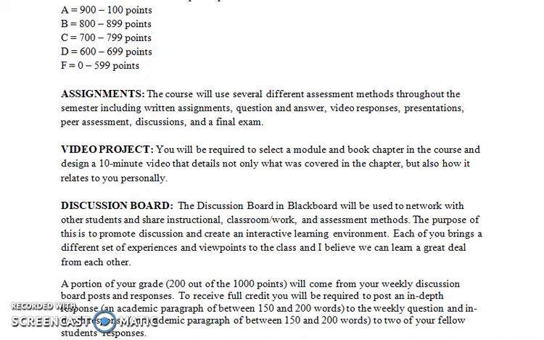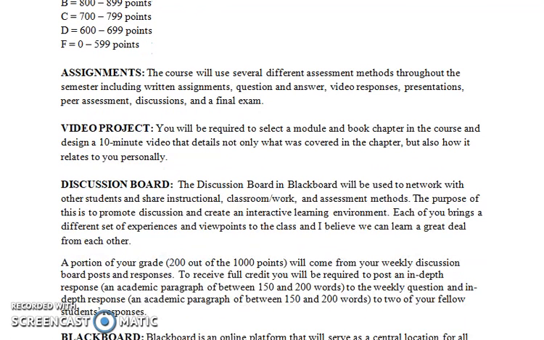We do have the discussion board, and we will use that in Blackboard. I think it's a good way to communicate and a good way to share ideas. Now, with the discussion board, I think it's effective when we share ideas, and they need to be in-depth responses. That's where I look at a 150 to 200 word response for your initial post and your responses. That way you actually put some thought into it and really think about what you are writing about, and you get to apply your knowledge. That's a key component for me, is to make sure you apply your knowledge. Yes, it's great we know what mindful leadership is, but can you actually apply that knowledge?